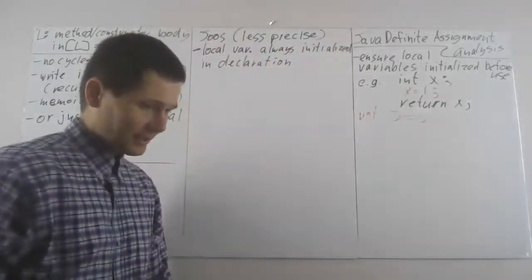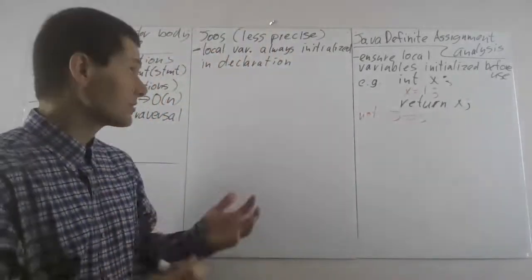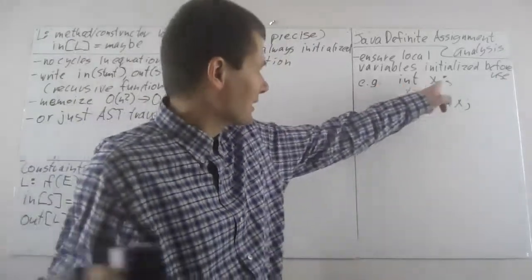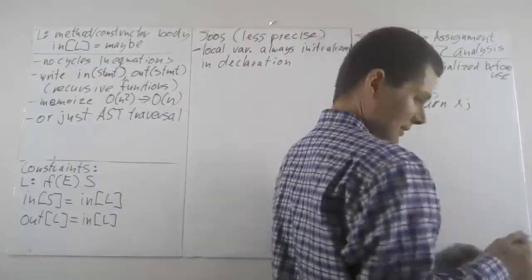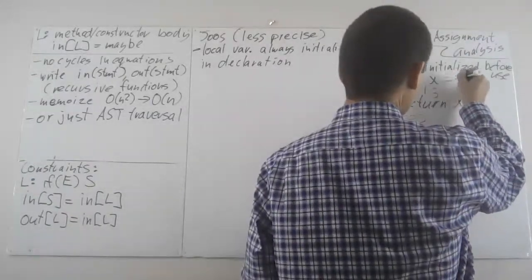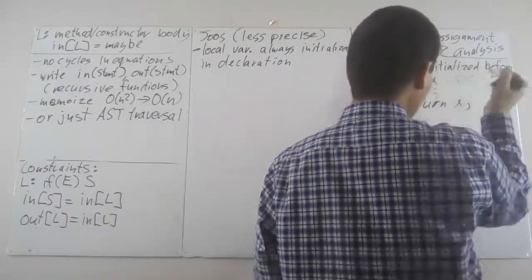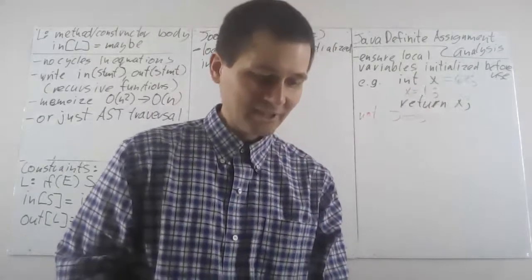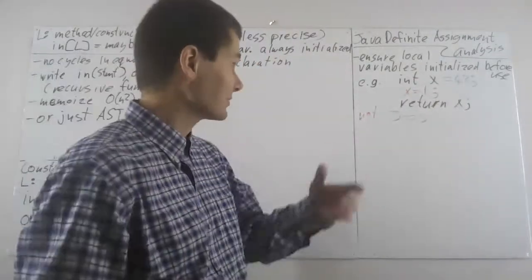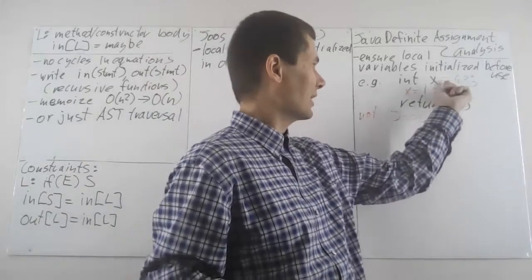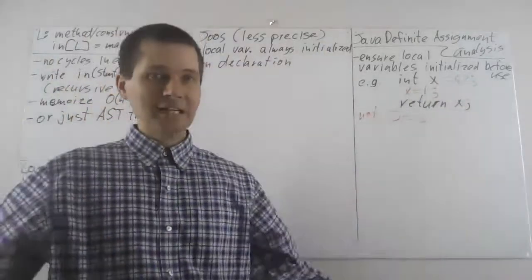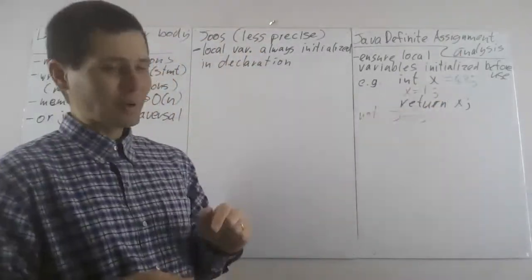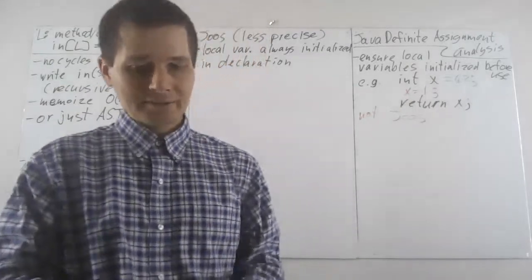So that's something that's way easier to implement, right? In JUICE, you would say I'm not allowed to write int x. I have to write int x equals 42. And you can check that even just as part of parsing. You have to check that every declaration has an initializer, and then you've checked it in assignment 1, and you don't have to write a whole other analysis. So this is way easier to implement, but